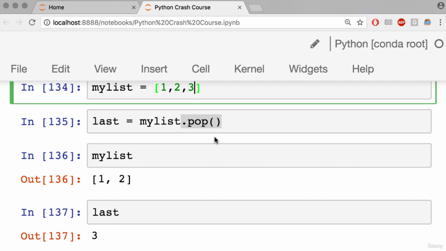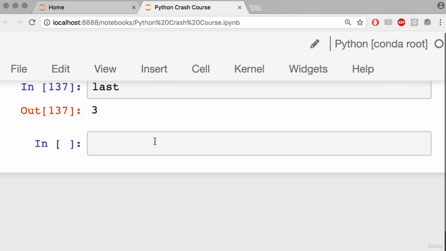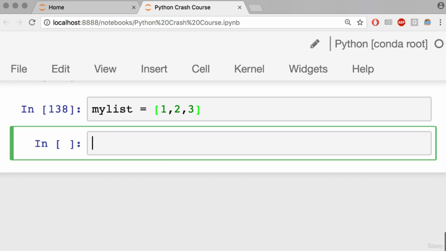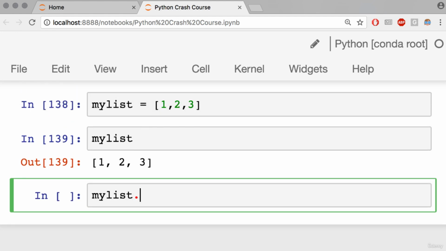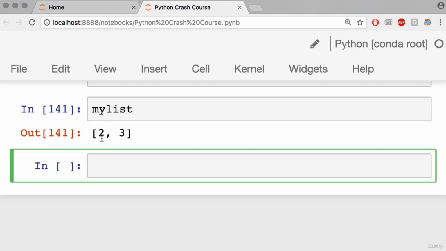So that's how you can remove an item from a list, at least the last item. If you want to remove an item at a specific index, you can just pass that into pop. So for example, let's redefine my list again as 1, 2, 3. If I check my list, I have all 3 numbers there. And then I want to pop off the first element. Well, I'll say pop, and then pass in the index 0 to indicate that I want to pop off the first element. And I'm going to save that as now first. Run this. I can check my list, just have 2 and 3,